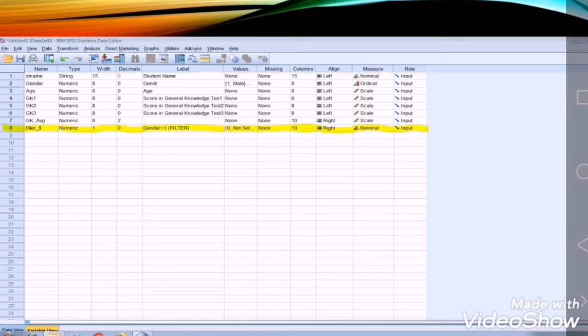The variable view here shows a new variable, filter variable, and in the label column we find that gender equal to 1 is filtered. So we find only the male records available for our further analysis. Female records are no longer available.